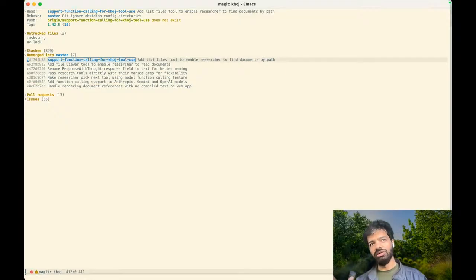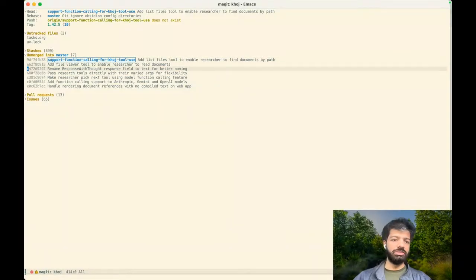We'll not get into that right now, but the short version of it is, some of the earlier commits in this feature branch enable Khoj to use the tool use or function calling paradigm of modern LLMs instead of the custom tool use paradigm that we were using in Khoj before.